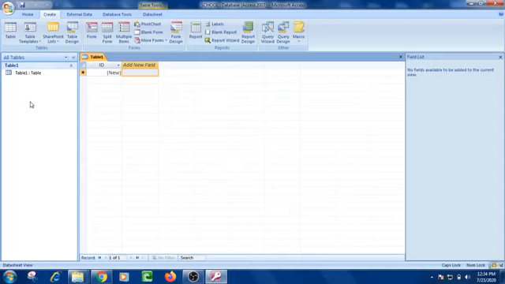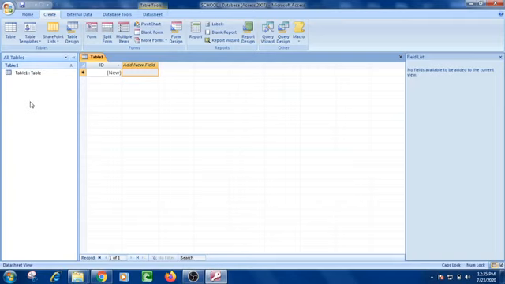Table 1 is already there, and all of you know that there are two views of a table, datasheet view and design view. The default view of the table is datasheet view, but we have to first design the table.